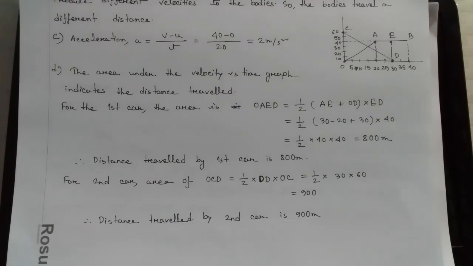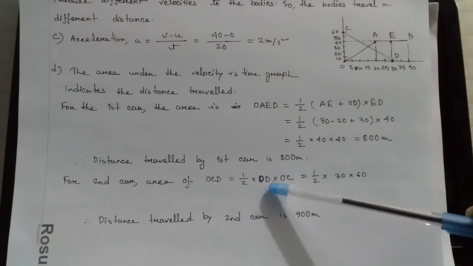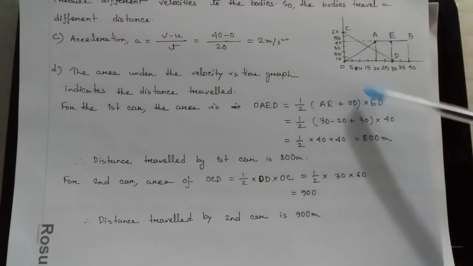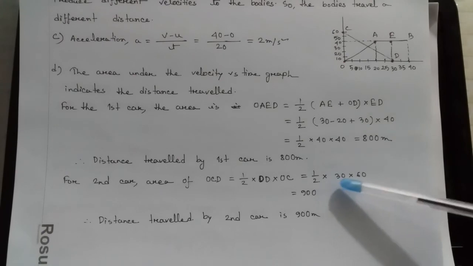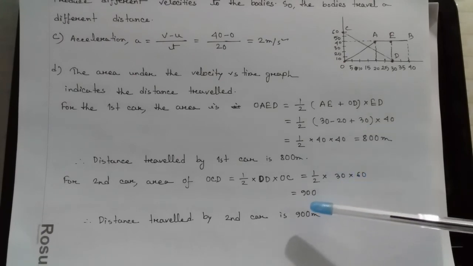If we use the equation half into OD into OC, that means half base into altitude, then we get the value here: 900 meters. So the distance traveled by the second car is 900 meters, but the distance traveled by the first car is 800